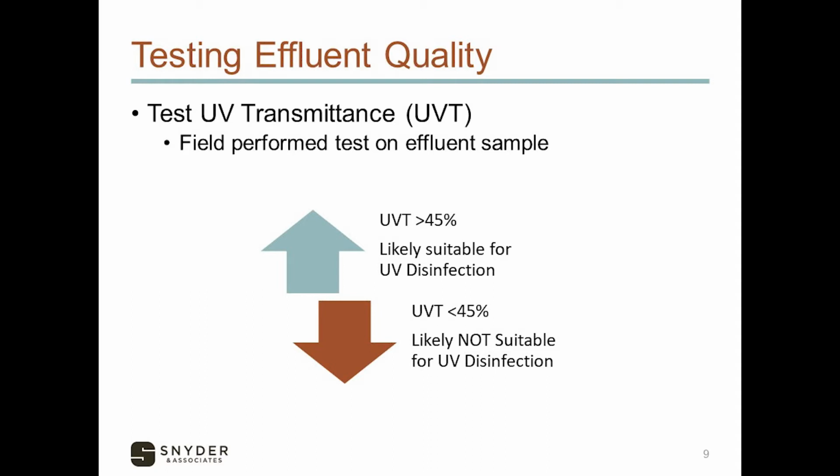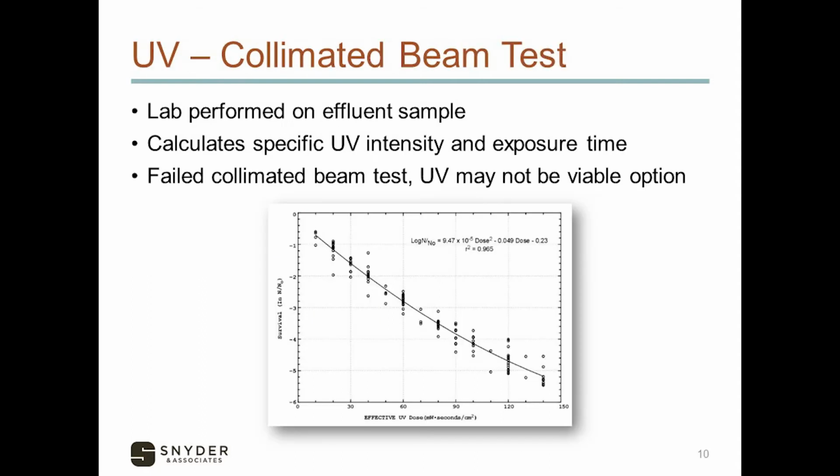We're not done testing for UV yet. There's one more test that oftentimes comes into play. It's called the collimated beam test. If we first find out that UV is potential because of transmittance, we still need to run this collimated beam. The collimated beam really needs to be performed, especially for suspect or particularly difficult wastewater, maybe industry or something similar. You can get some unexpected diffraction through the water column, even though it appears to be very clear,